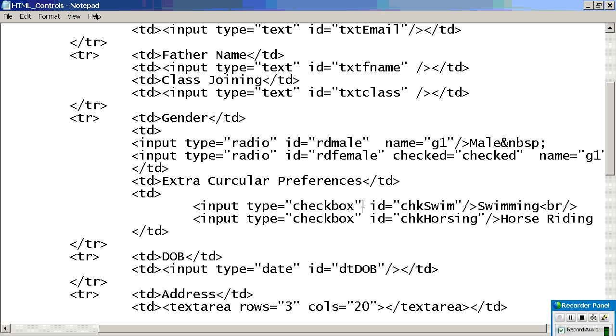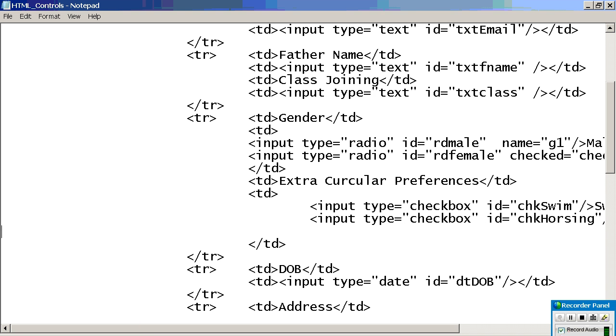But if you are forcing the people to choose an option, like karate, martial art.